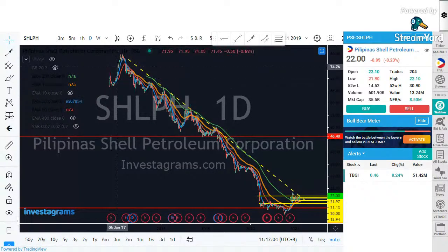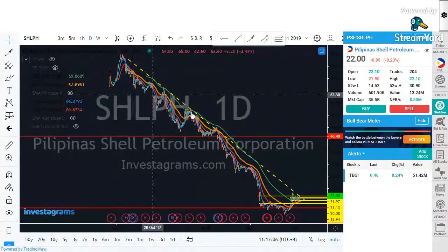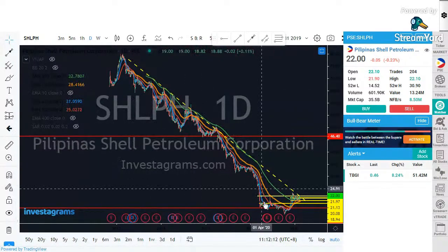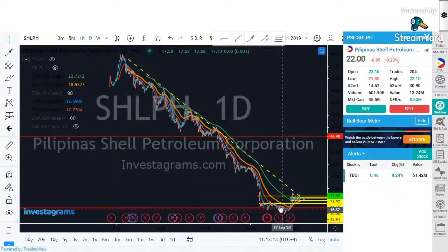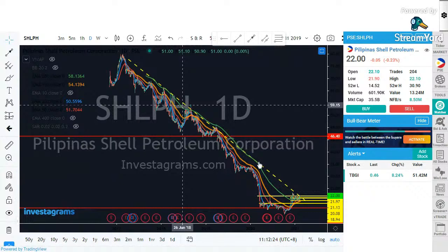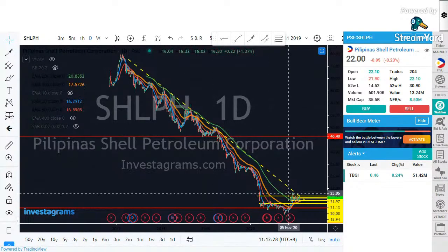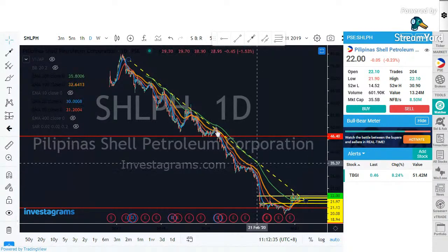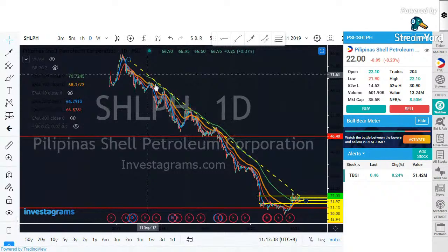When it goes down, it is always hitting the EMA 200, and continues down. And here there is an accumulation in this area. And now it has broken the EMA 200, but if you see the overall pattern, it is in the resistance area, this dotted line. So for me, don't be aggressive for SHLPH unless it completely breaks this inclined resistance,